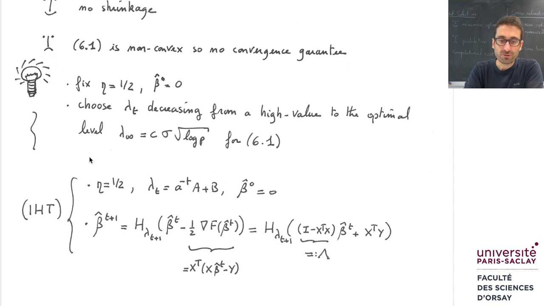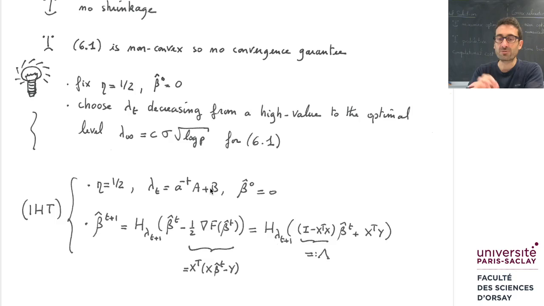So what we will do, we fix eta equal to 1/2, and we'll choose a level lambda_t, which will be of this form. For t equals 0, it will be a plus b. So a will be large, so that this will be very large. And when t goes to infinity, this will converge at a geometric rate to b, where b will correspond